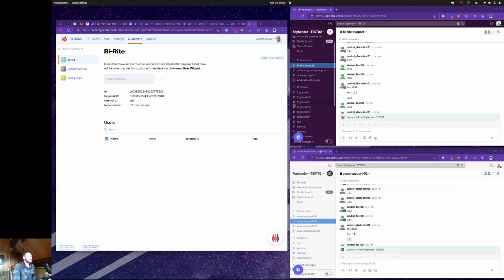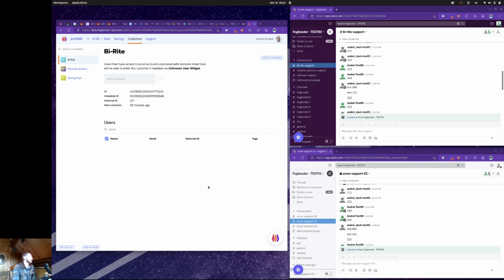Okay, we're gonna see if we can connect our shared channels in Slack to Fogbender. The example here is we've got two workspaces. The purple one is the vendor workspace, and the light one is the customer workspace. We're sharing three channels between them. It's contrived. Usually, of course, you would have one other workspace per channel, but in this case, we only have